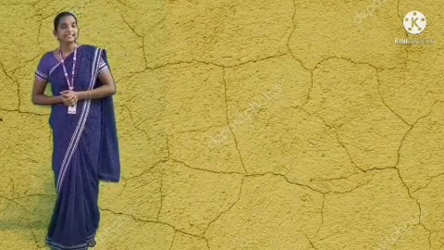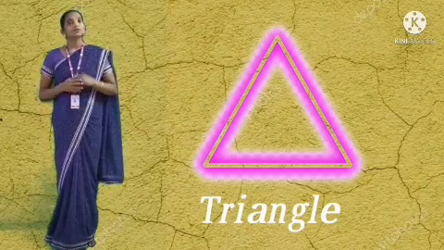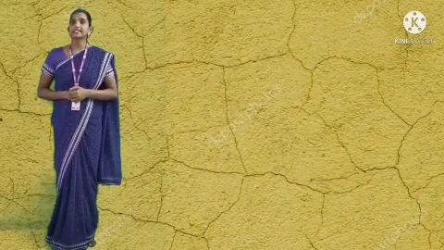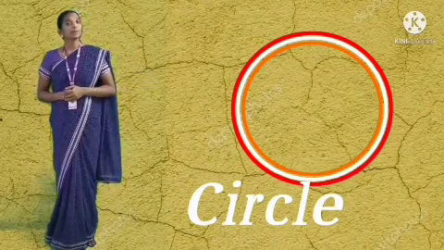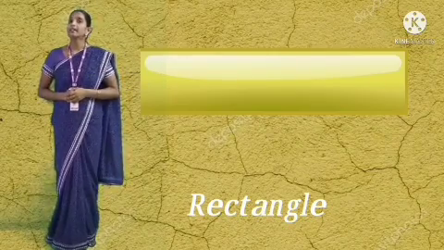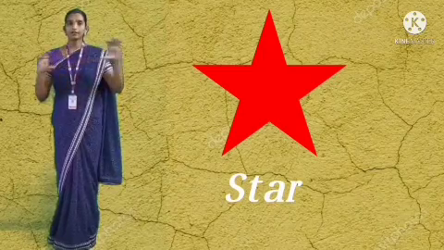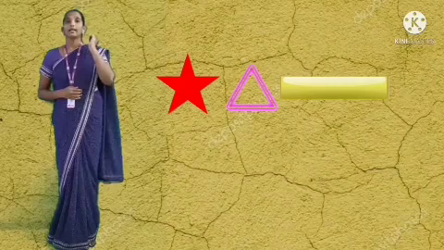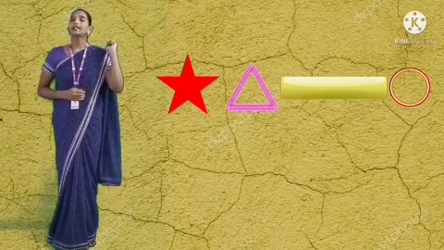Do you know the names of the shapes? What shape is this, children? Yes, it is the shape of a triangle. What shape is this? Yes, it is the shape of a circle. The next one is the shape of a rectangle. And here comes the next shape, the star shape. Okay, now all the 4 shapes are in a series. You can see the star in the first and the triangle in the second, rectangle third and circle at the